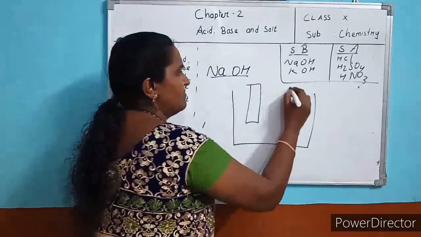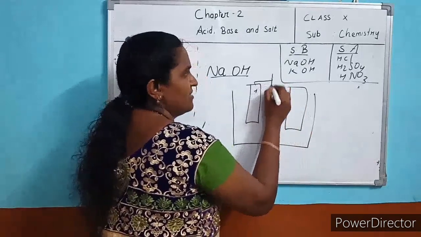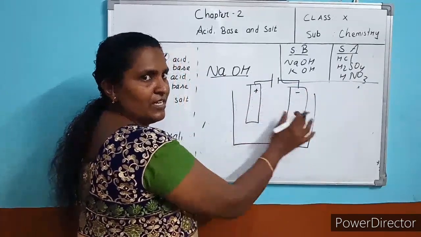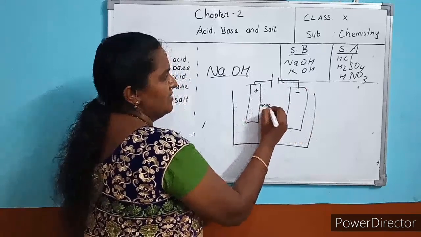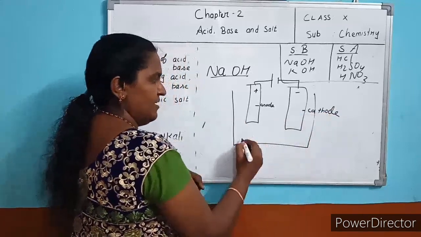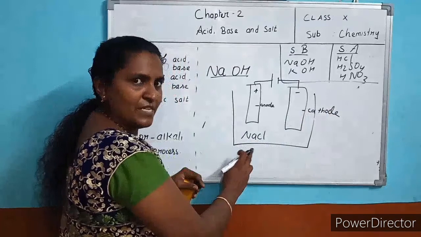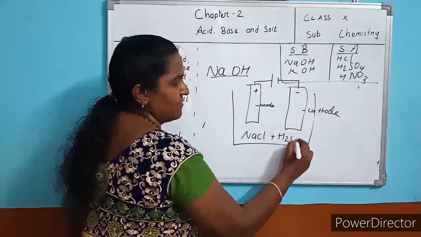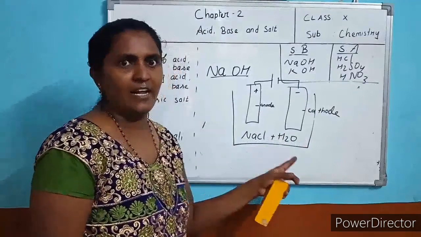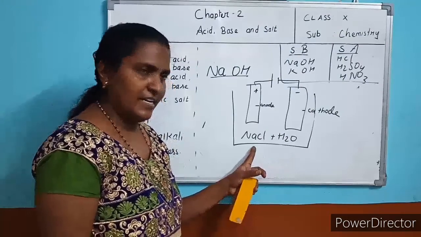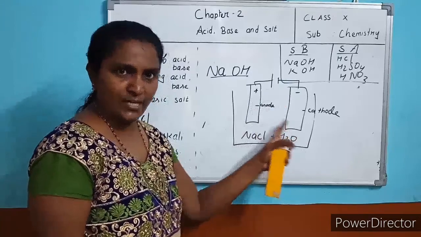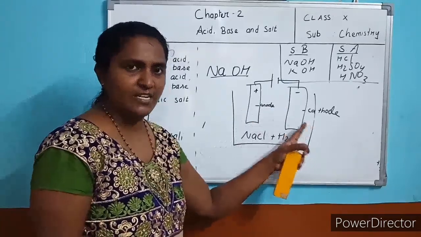Here one anode is there, the plus rod, because the battery is connected. This is the minus rod. Two rods are there, positive and negative. This is called the anode and this is called the cathode. Here you take rock salt, table salt, along with water. The main substances are NaCl and water, connected to a battery with two electrodes, one positive terminal and the other negative terminal.